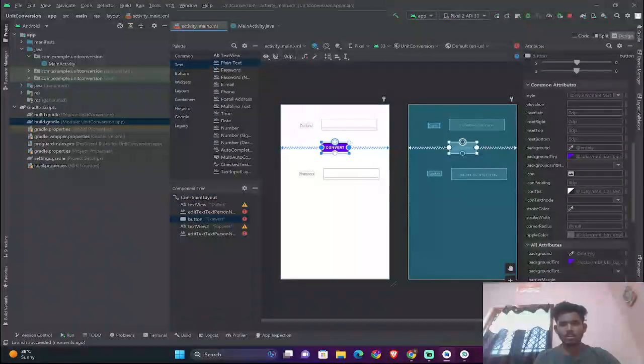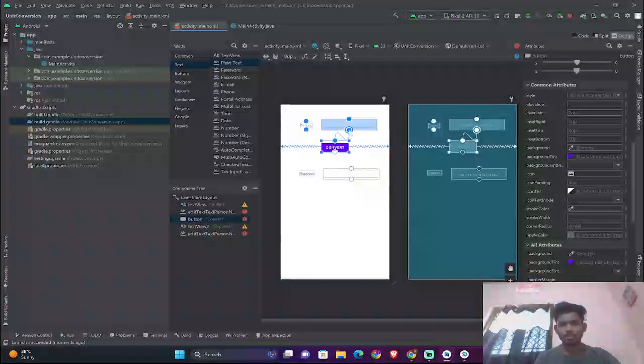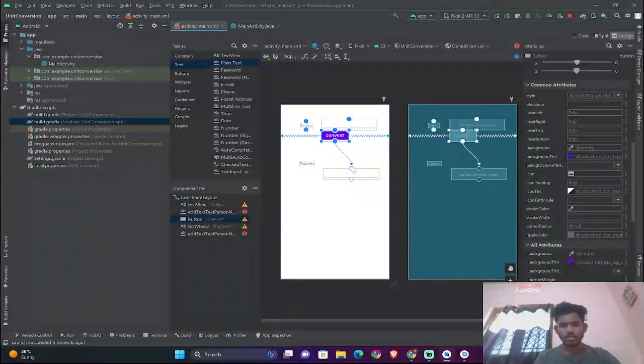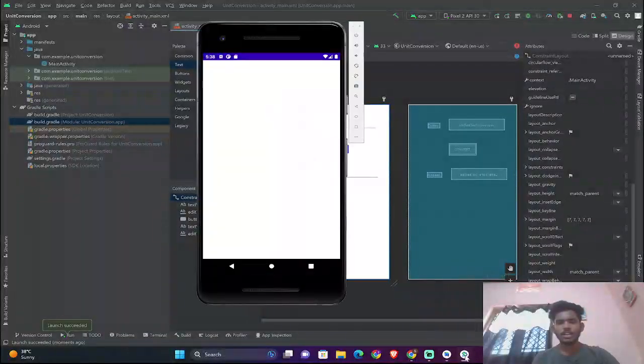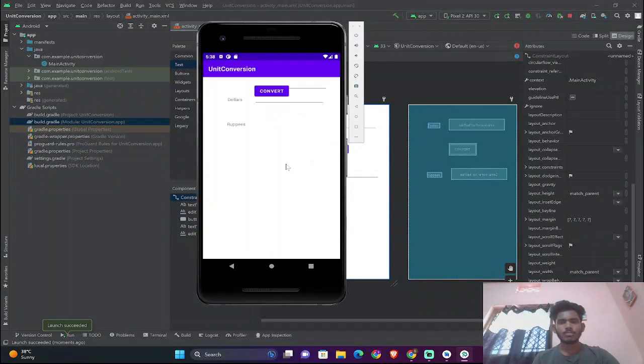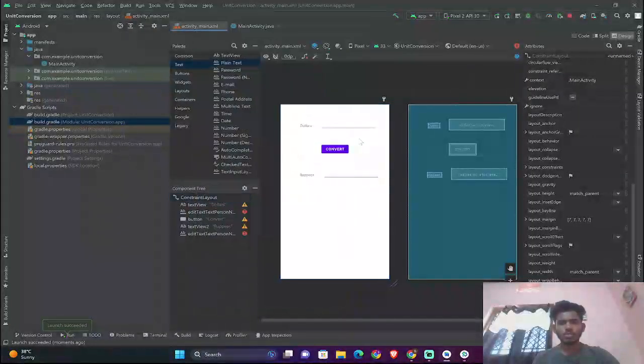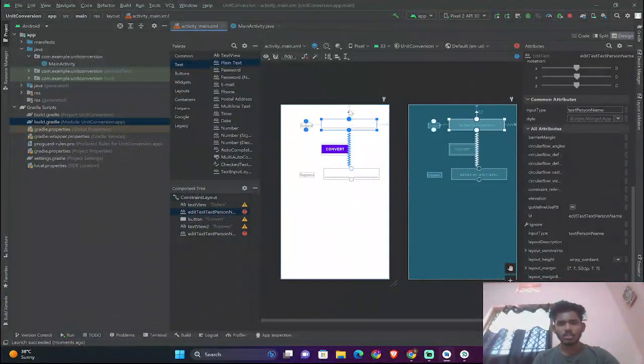Okay, we have not constrained it anywhere. Now outside. Yeah, we will check it again. I think now it will not give any errors. Let's wait till the app is installed. I don't know why it is showing us the error.